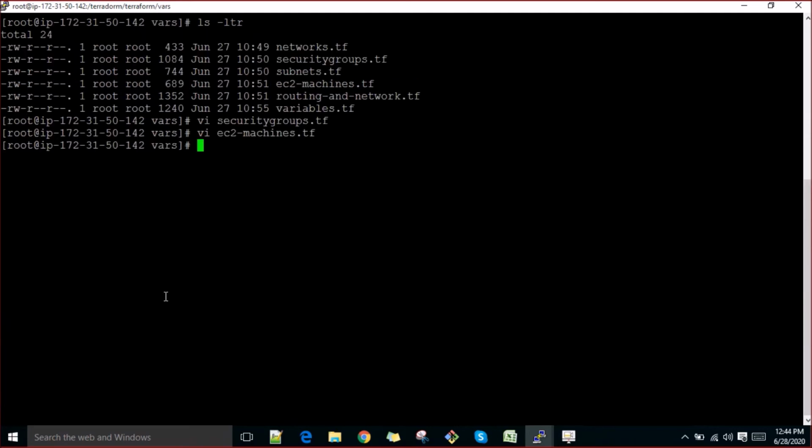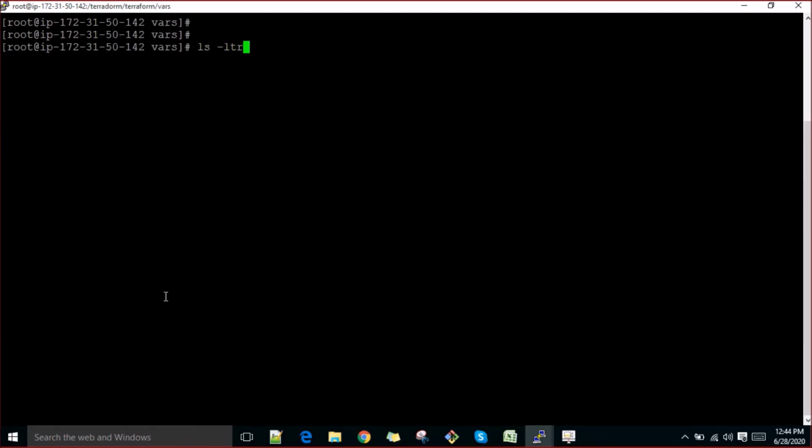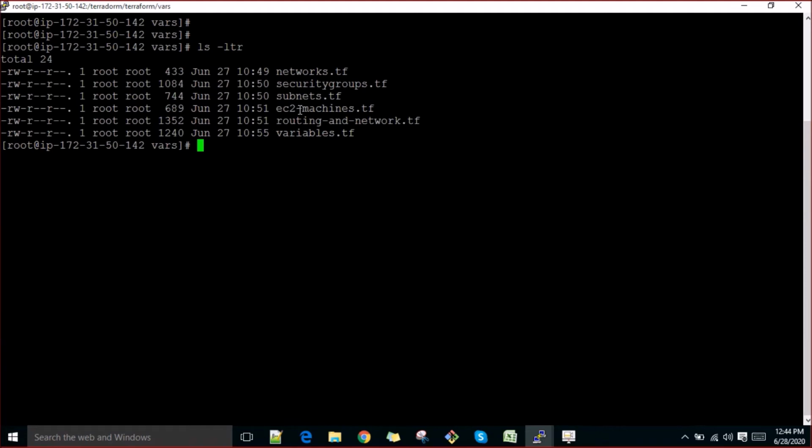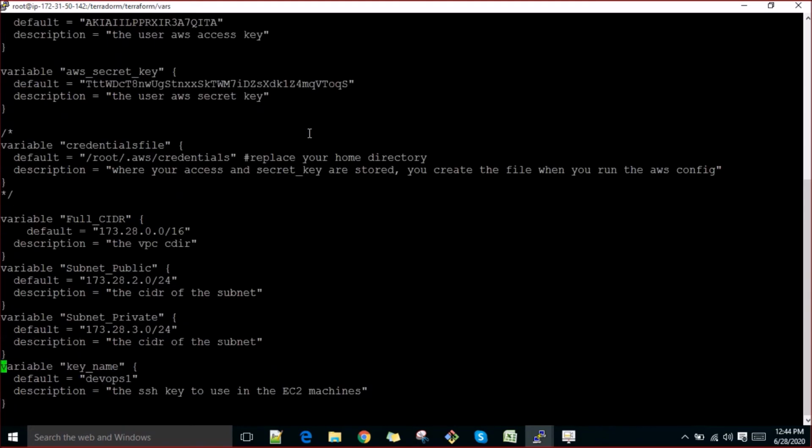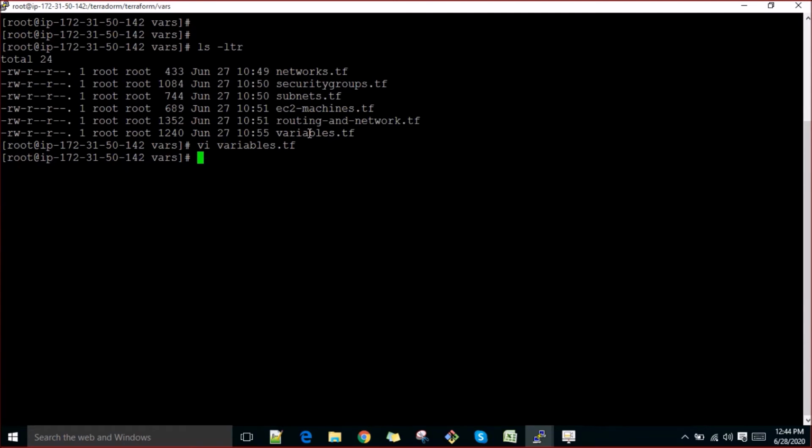Once you are done with this linting, next time if you want to create the same kind of environment, you don't have to do much. You just have to go to the variable file and make changes in the variables. Let's say you change the access key, secret keys, credential file, you change the CIDR block, key name, and just run the file, and you're all done. That's what I would suggest. Just focus more on variabilizing things. Try variabilizing more and more things. Even the things we have defined here in the security subnet, try to variabilize them also, so that it becomes pretty easy for you.